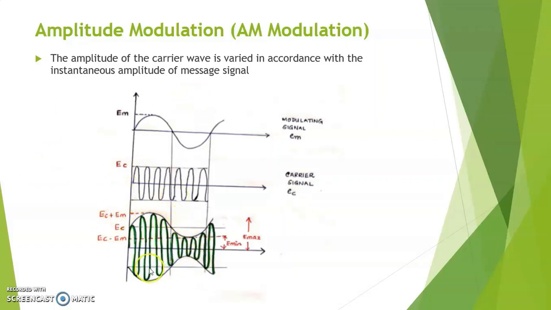This is the final modulated AM wave. This is the main baseline, but the signal would be varying from Ec, which is the maximum value of the carrier wave, and from there we can draw similar to that of the modulating signal Em. So here this is Ec. The maximum value here would be Ec plus Em, which is the maximum value of the modulating wave, and similarly the minimum value would be Ec minus Em, and this value is called E min, and the maximum value here is called E max. So the envelope would be such that it is a mirror image on the top and bottom considering this main baseline.